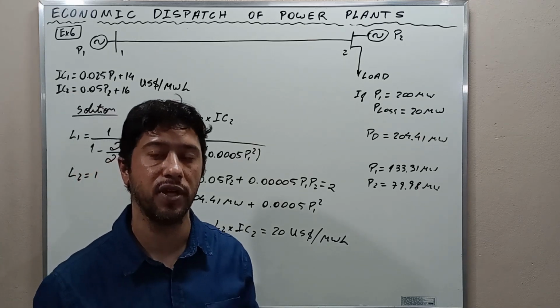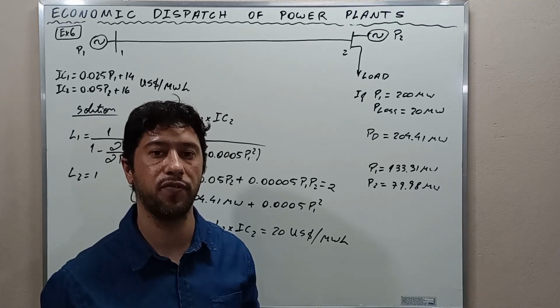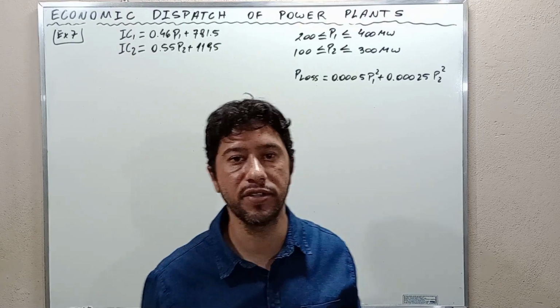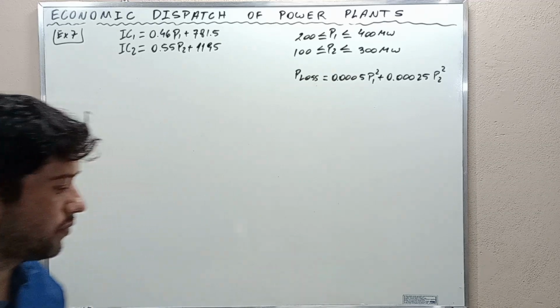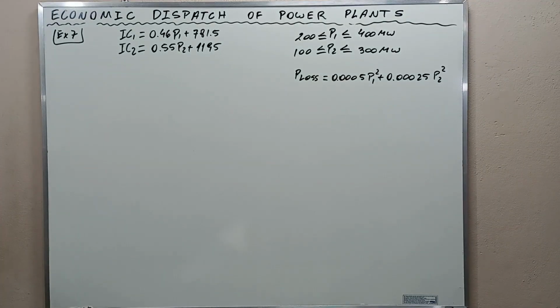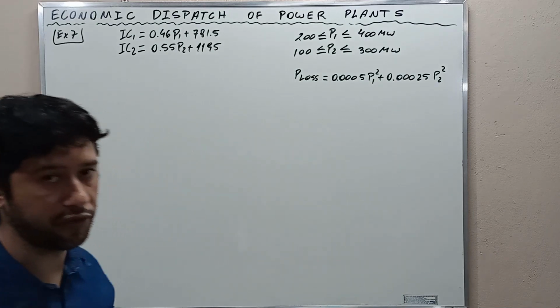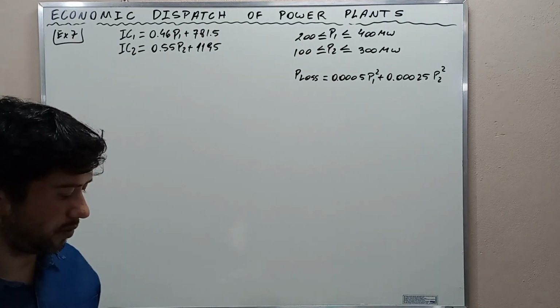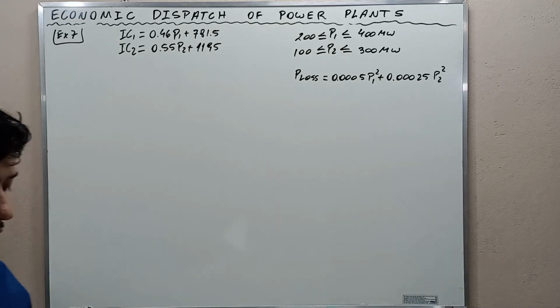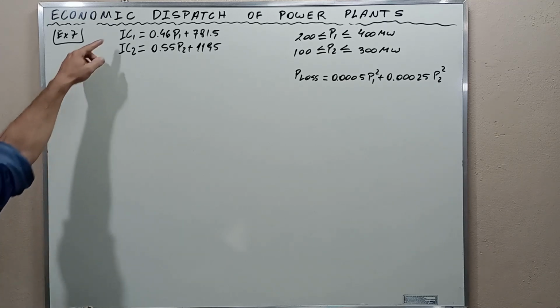Let's go to the last question, exercise 7. Economic load distribution between thermal power plants. Consider a power system supplied by 2 production units with line losses. That is, there will be 2 power plants. The incremental cost functions of the 2 power plants in dollars per megawatt hour and system losses are: